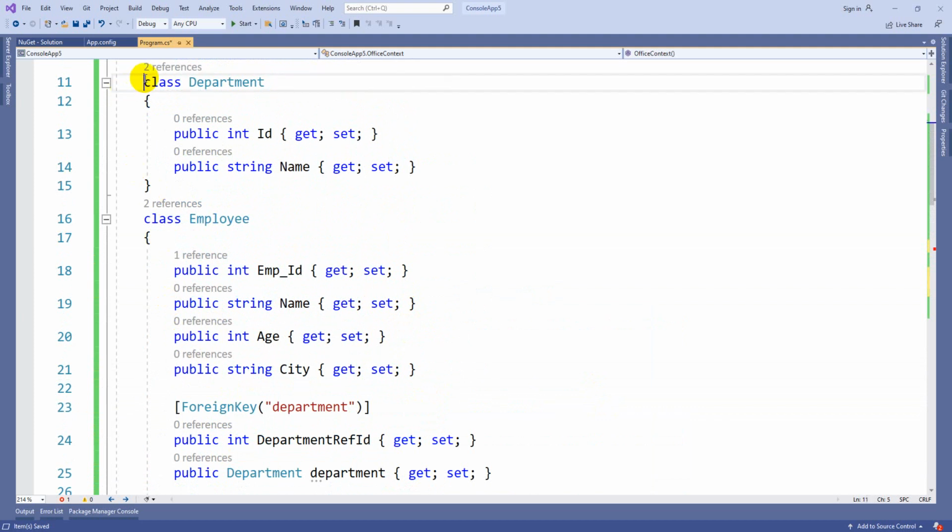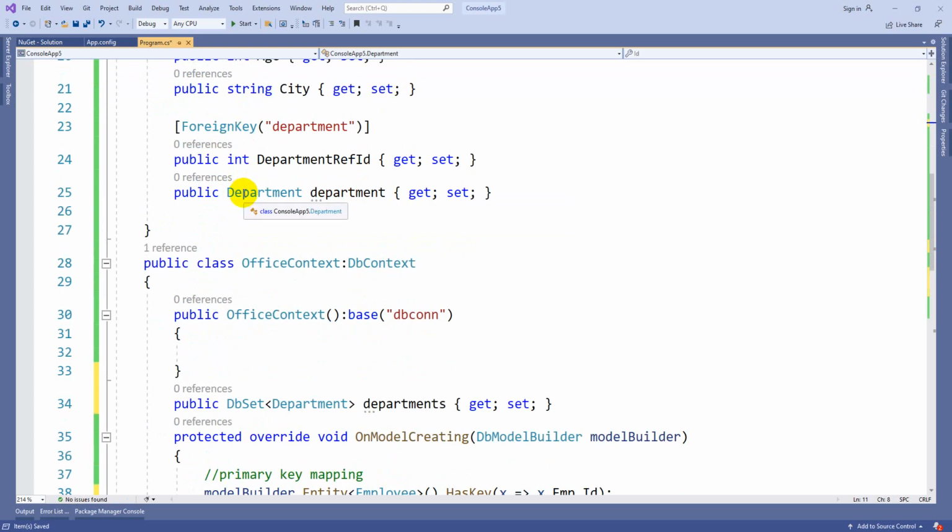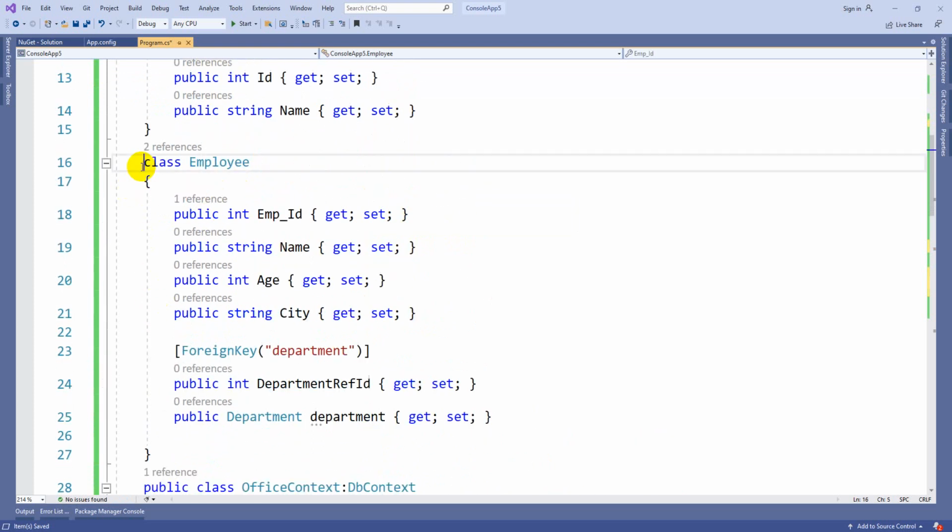Let's make it public. Maybe it is not accessing since it's not in public mode. Yeah, now it's done. That's the reason I always ask you to keep it in public mode.